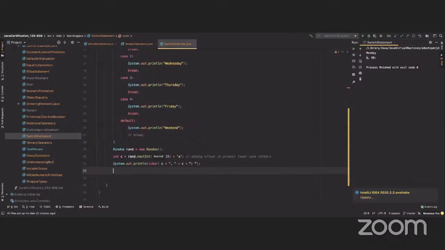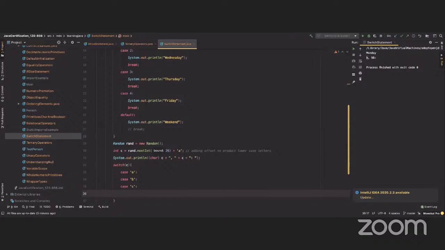So we're getting C, right? Now, if I say switch C, and I say case A, then I say nothing, right? And I say case B, nothing. And I say case C, nothing. And then I say case,